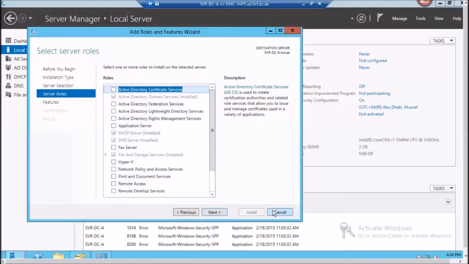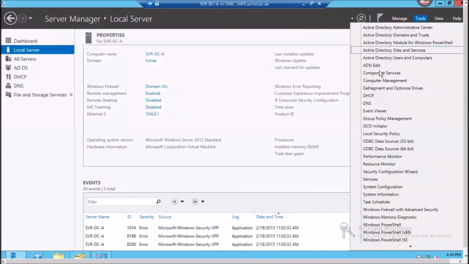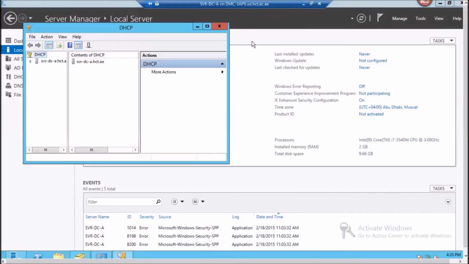Fine. Once you add the role, you'll see it here as well. Don't access the roles from here. This is only for information. Is there a DHCP service working or dead, no configuration? All this information will be from here. To access the DHCP role or any roles after you add the role, it is from the tools. Okay, tools, you will see your added role. Okay, just have to click.